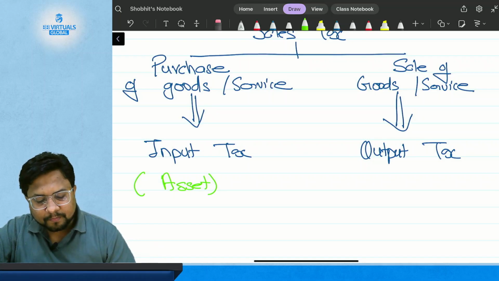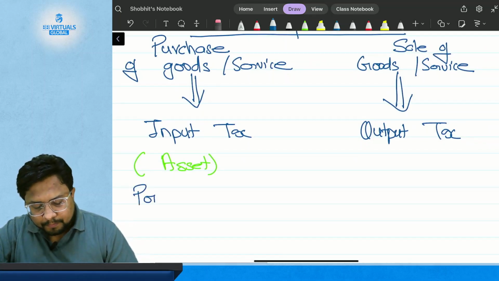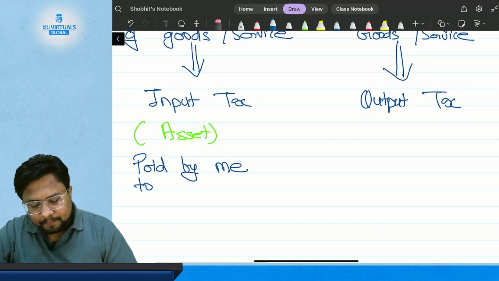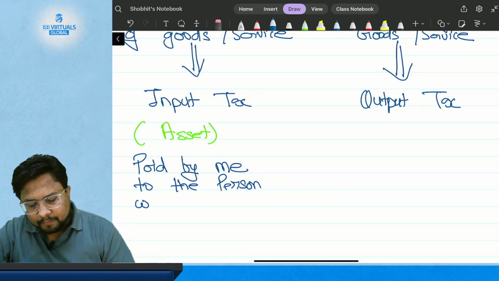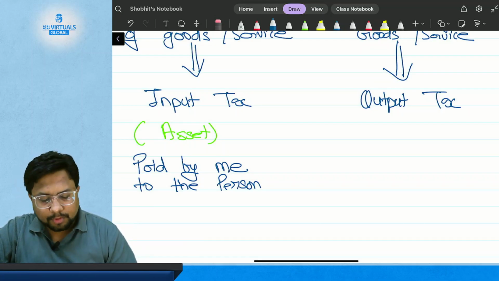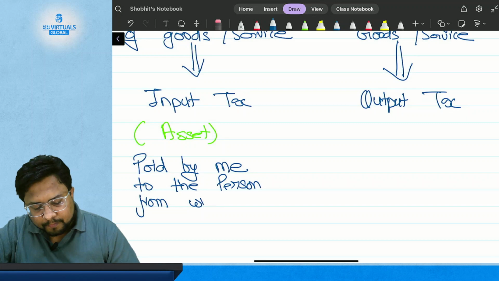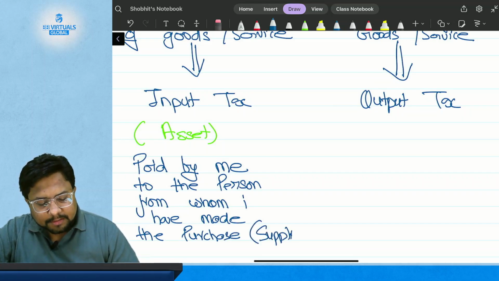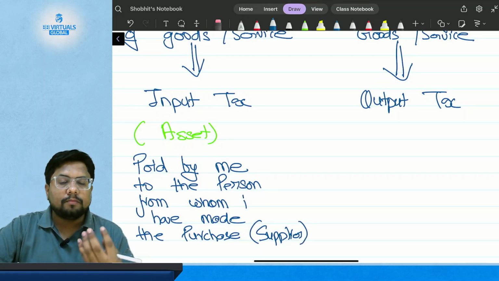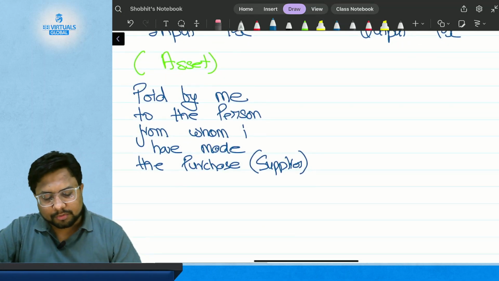Which is paid by me to the person from whom I have made the purchase, and you can also call it a supplier. So it is paid by me to whom? To the supplier from whom I have purchased the goods, and then